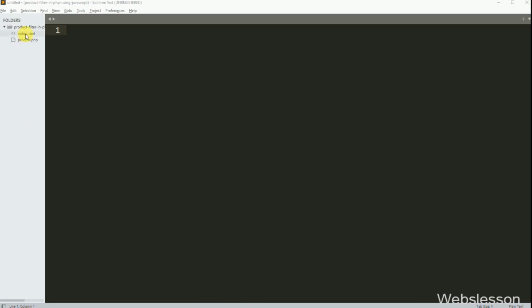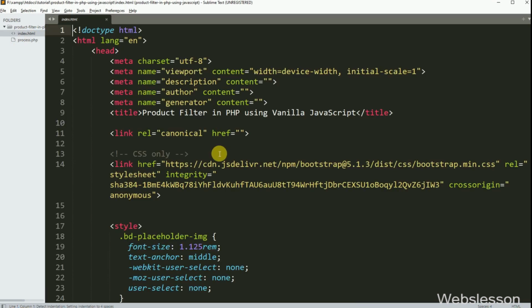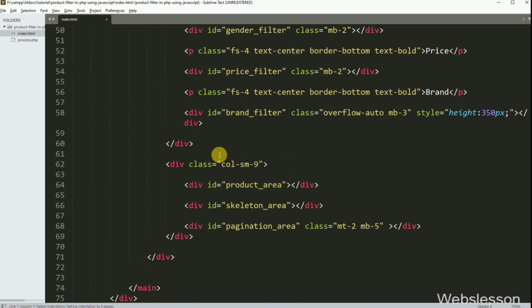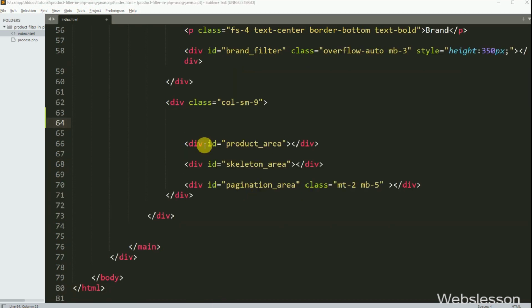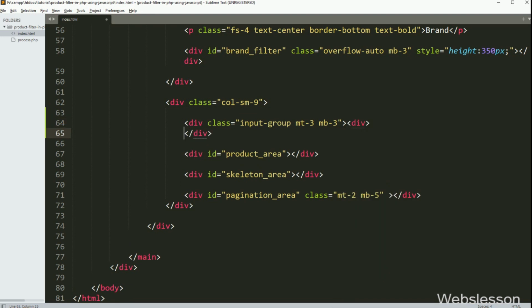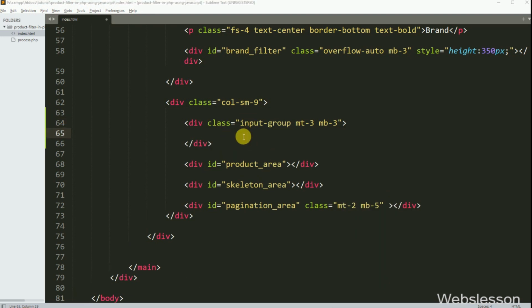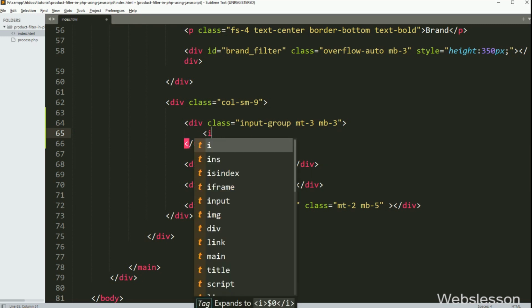To add the live product search feature, we go to the index.html file, and here we want to create the search text box. For this, we have created one division tag with the classes input-group, mt-3, and mb-3. Under this division tag, we have to create a text box.